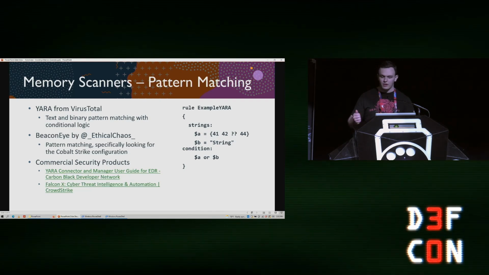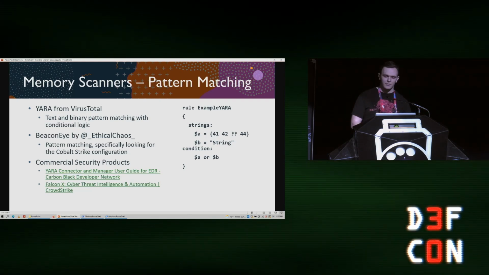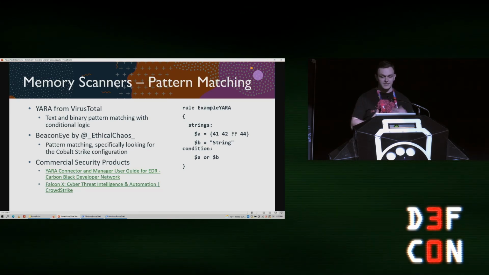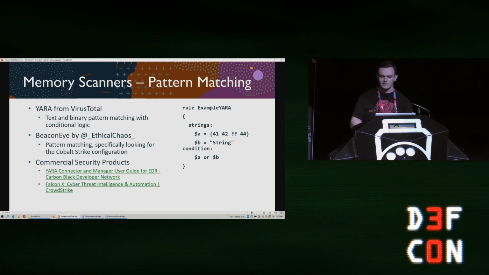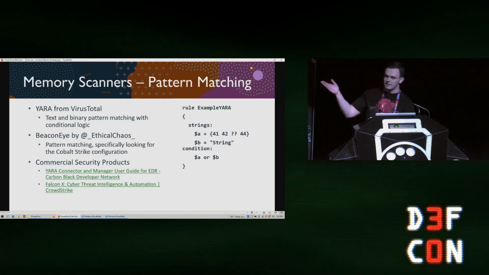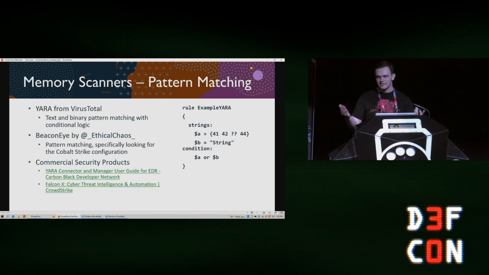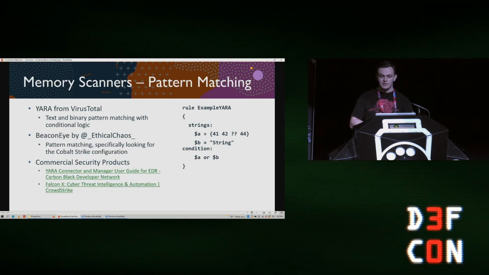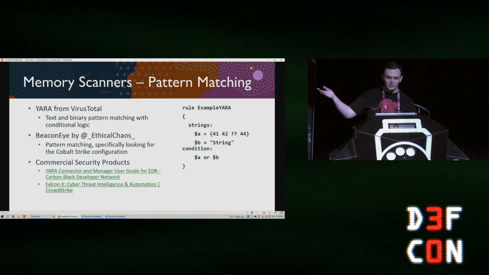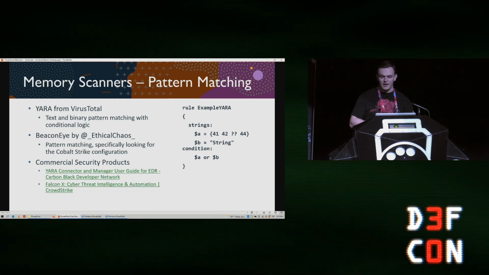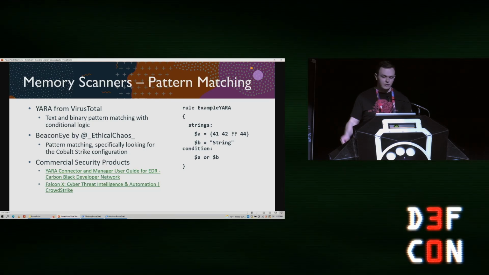The most popular open source or public tool for this is probably YARA from VirusTotal. You can see on the side there, I have an example of one of their rules. They have abstracted a lot of the complexity of scanning things, whether it's memory or processes on disk, and given you this format that you can write rules in where you define bytes and strings, and you use this to build conditional logic statements to have some pretty dynamic signature-based rules.